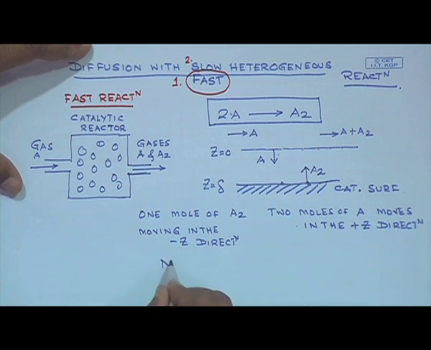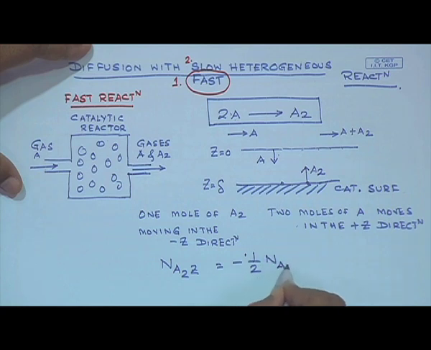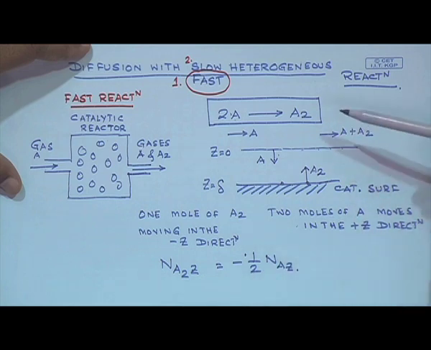So, in other words, what we can say is N_A2,z, that is the molar flux of A2 in the Z direction, must be equal to minus half of the molar flux of A in the Z direction. So, this is a direct result of the stoichiometry of the reaction, in which 2 moles of A react to form 1 mole of A2. So, therefore, in flux terms, with the introduction of the appropriate sign, I can write that N_A2,z is equal to